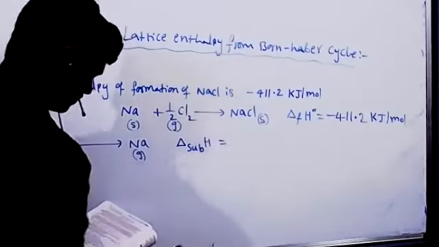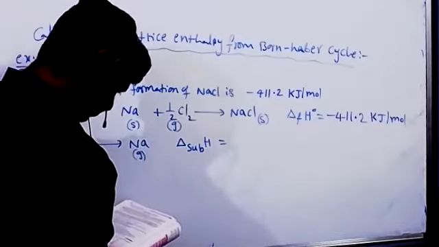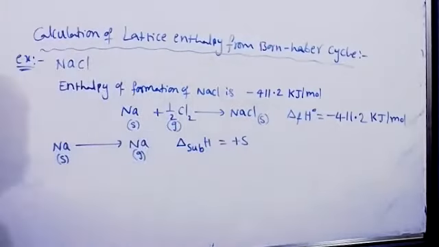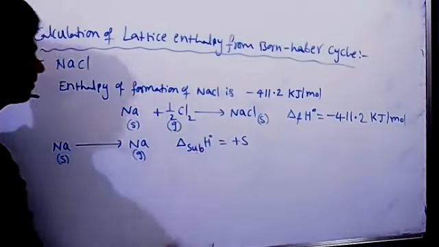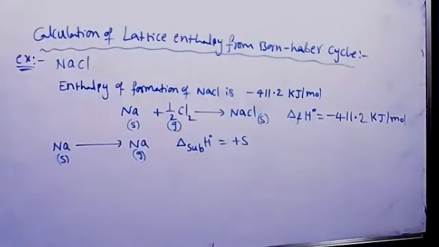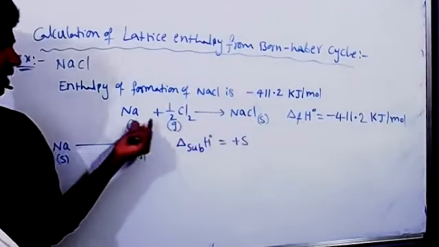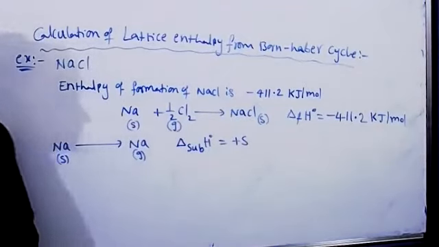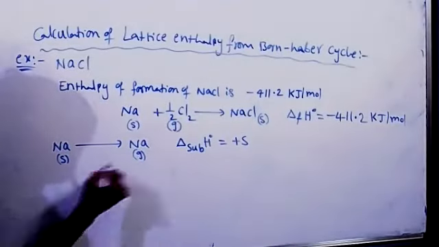Enthalpy of sublimation of sodium is given as the standard value, just write it with a plus sign. Next, to form the NaCl compound, sodium must lose one electron. That is what we call ionization enthalpy. This gaseous sodium